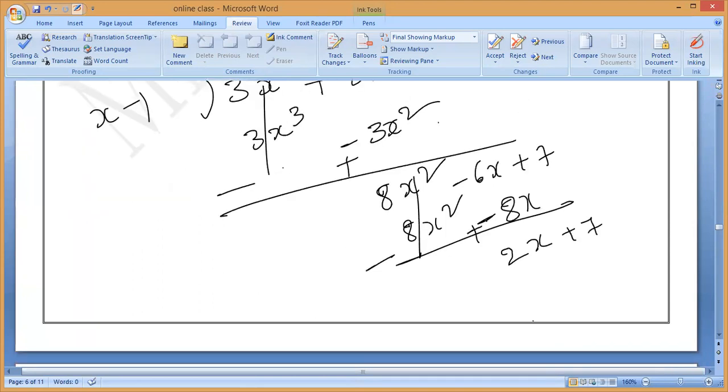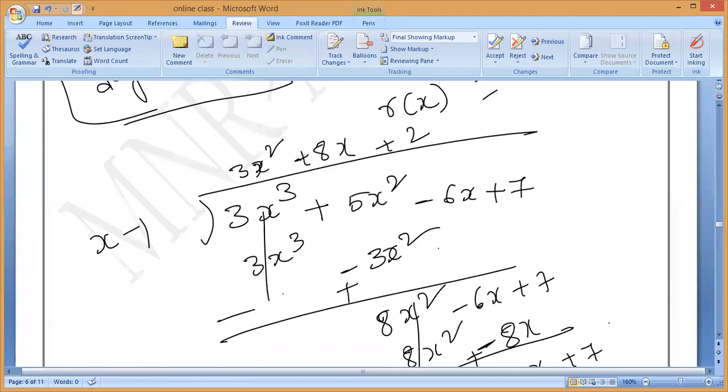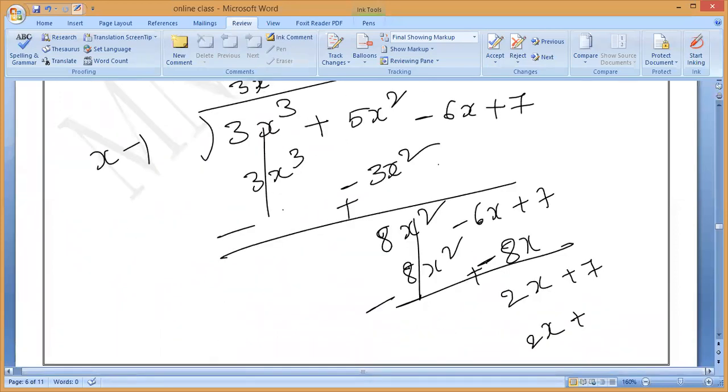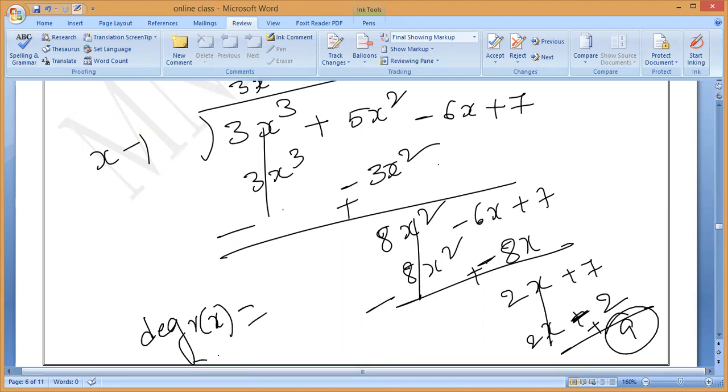Sir, 9 is the remainder, sir. What is that? Minus 1 into 2, you can check it. Madam is doing minus 2. So 9 is the remainder. What is the degree of it? 9 is a constant. So what is the degree of it? Degree of r of x equals how much? Which is equals to 0. Zero into x power 0. Degree means variable power, correct?